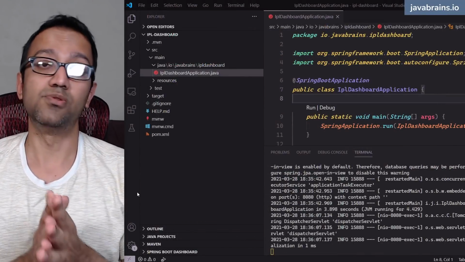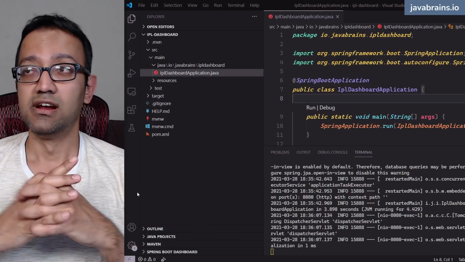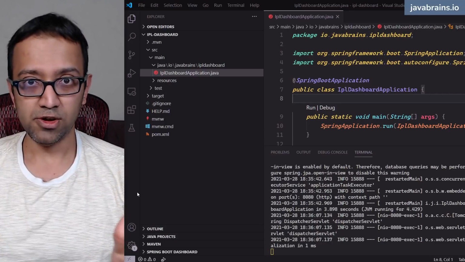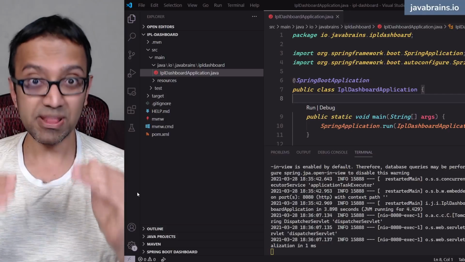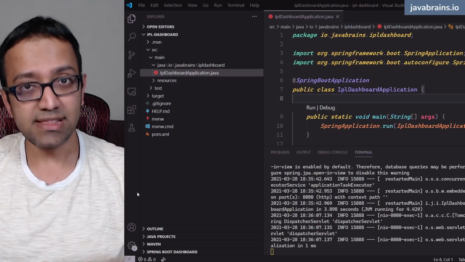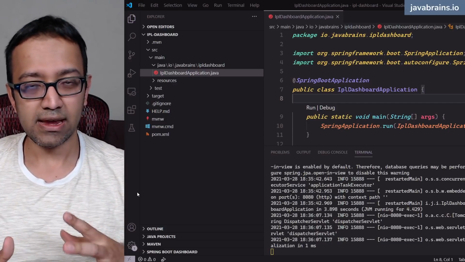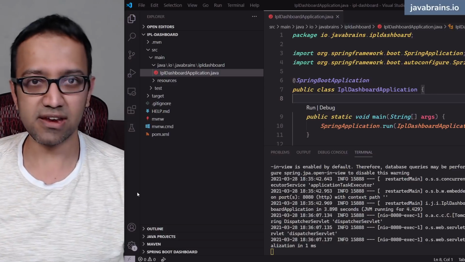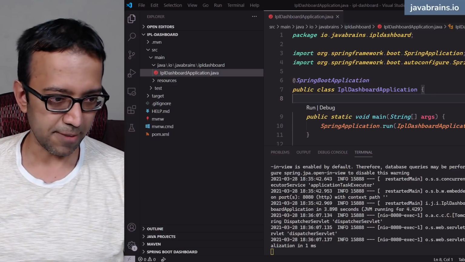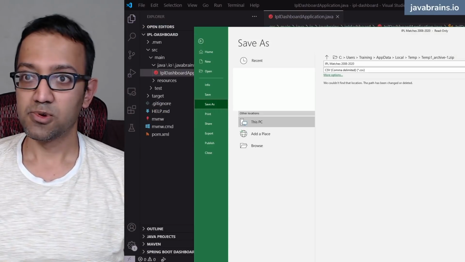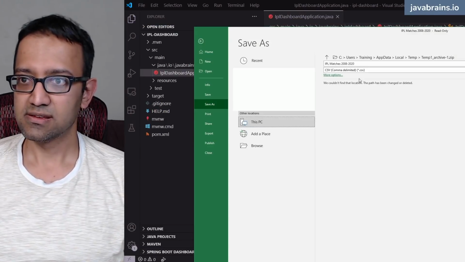And we are going to start with initializing the database. What I want to do is, when this application starts up, I want the app to take the CSV file and insert all the records into the database. So I'm going to put the CSV file that I downloaded over here. This CSV file that I downloaded, I'm going to save this